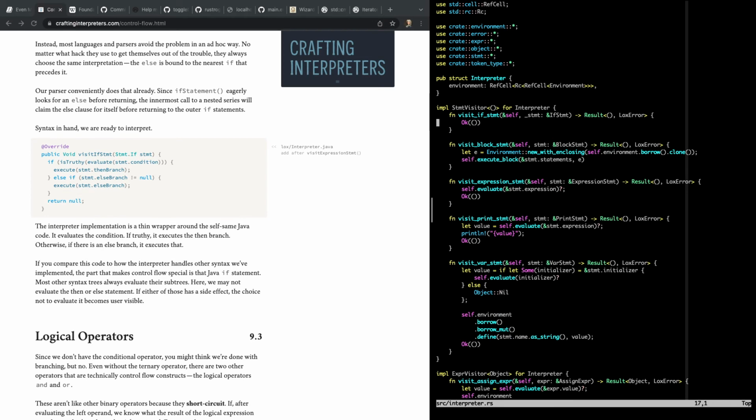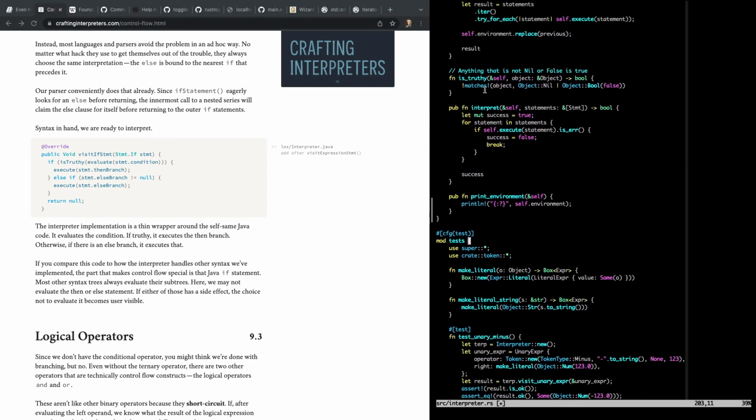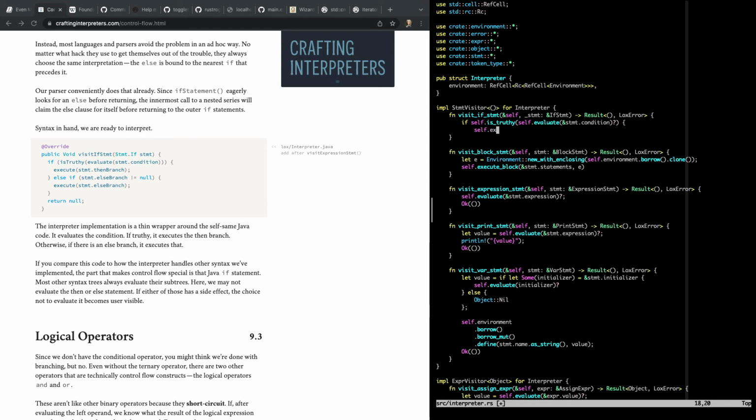And we can visit the if statement. So if is truthy, we do have the is truthy, right? We wrote that a while ago. Yeah, right there. Okay. Self is truthy. Self evaluate. Statement condition question mark. Then we're going to self execute statement, then branch,